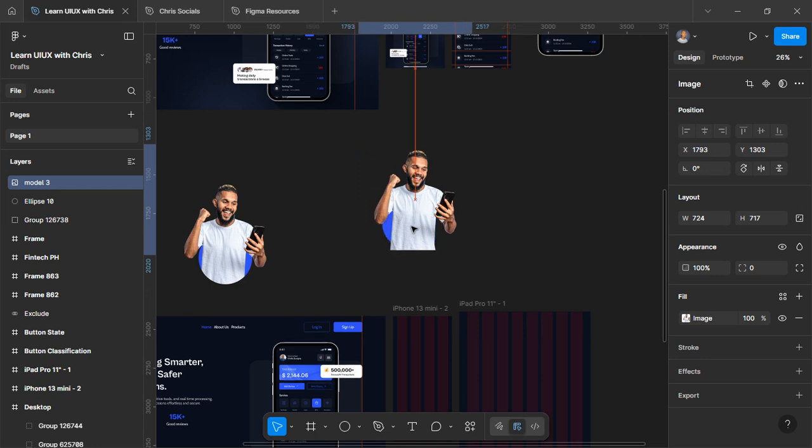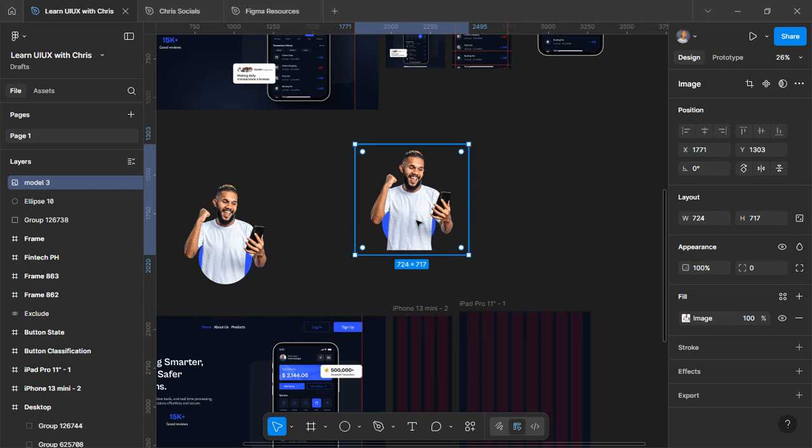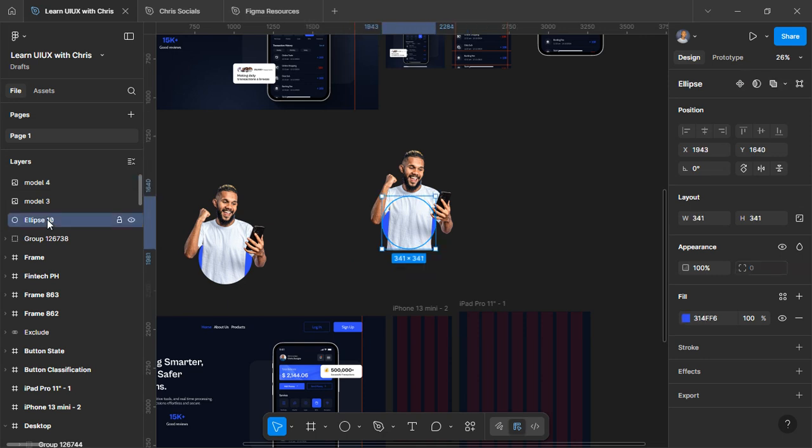Now what do we do? We are going to duplicate this image twice, not just once. If you look here, you see it's now two, and we're going to duplicate the ellipse twice. Now we pick the ones in the middle,